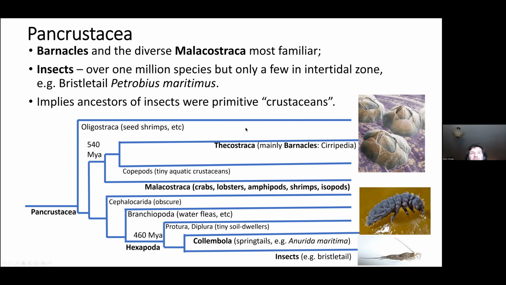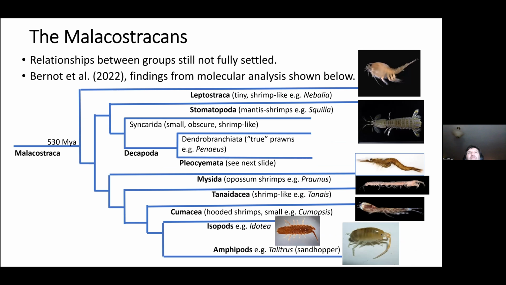All the other groups are what are called the malacostracans. All these things, or most of them, look vaguely like different types of shrimps and prawns, basically. Lots of different groups of shrimp-like things, but also the amphipods and the isopods, which are probably quite closely related to each other. And the final group we're going to look at is this one with, again, the obscure